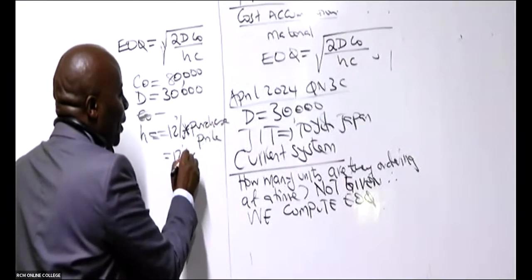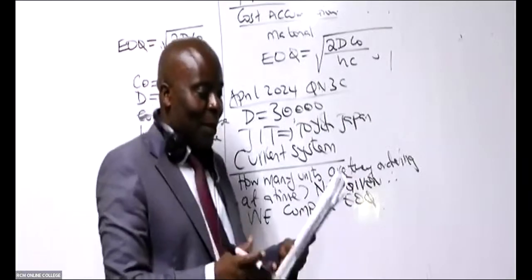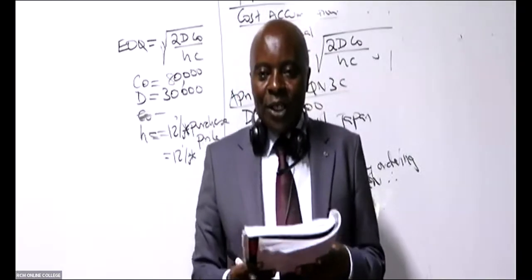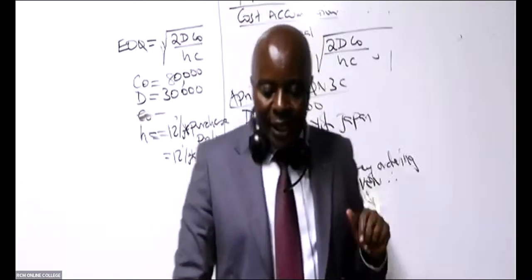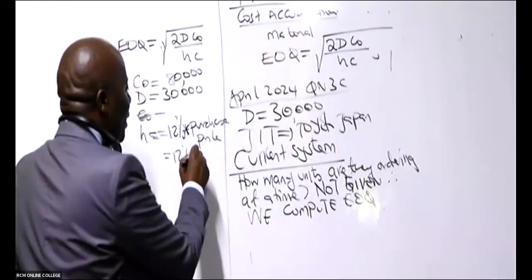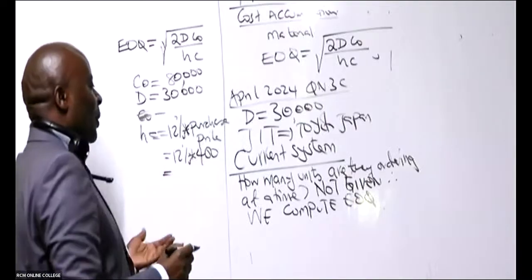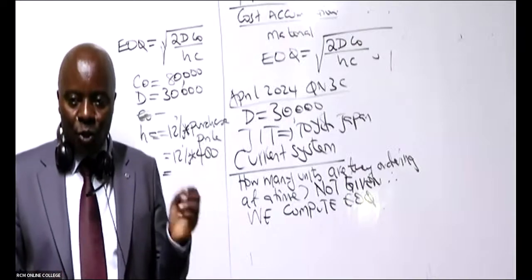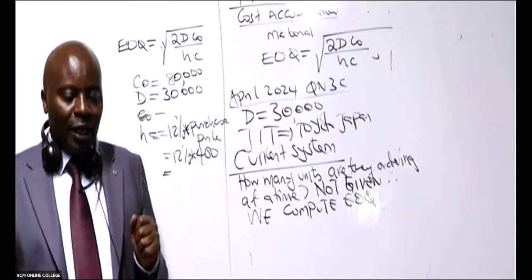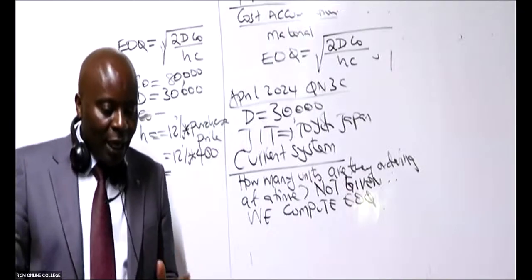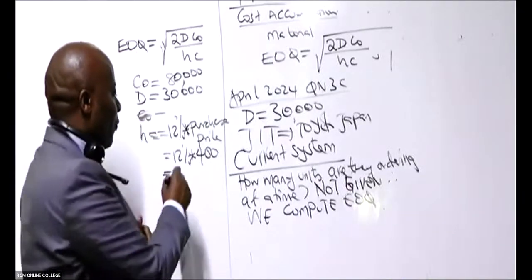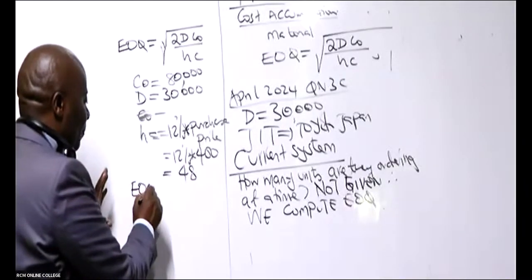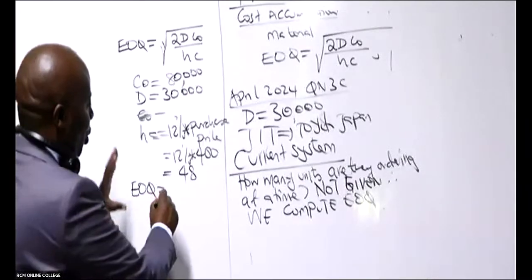So it will be 12% times, have they given us the purchase price in this question? It is 400. Thank you so much. So 12% times 400. Remember, 12% is the same as 0.12, which will end up giving us what figure? Great. So they're giving me 48. And therefore, I can now very comfortably give my examiner the EOQ,